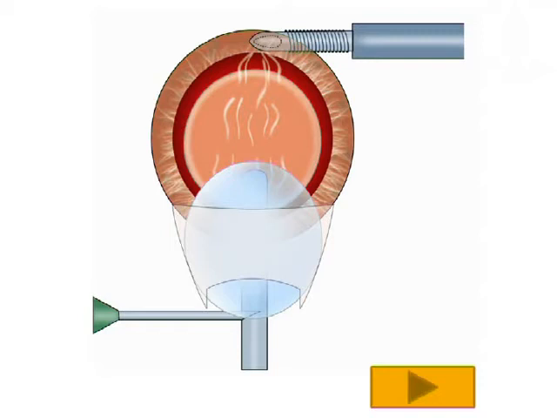And these side pockets are extremely important to engage the bulk of the nucleus where it comes into the tunnel. So if you are using a technique of SICS where the entire nucleus is brought out of the bag into the chamber and out, like the Blumenthal technique or microvectis technique or fish hook technique, you need these side pockets, otherwise the nucleus is not going to engage. But if you are going for a technique where you are going to break the nucleus into parts within the chamber, then these side pockets are not mandatory. So this is the difference.